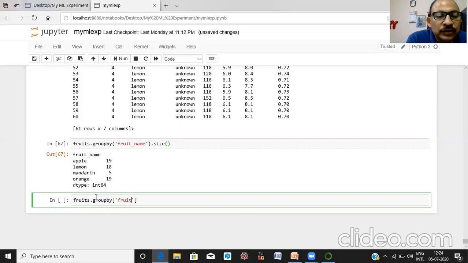One is the fruit name and next is the fruit subtype.